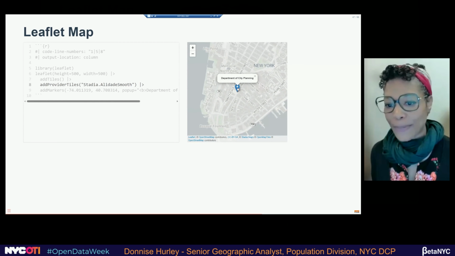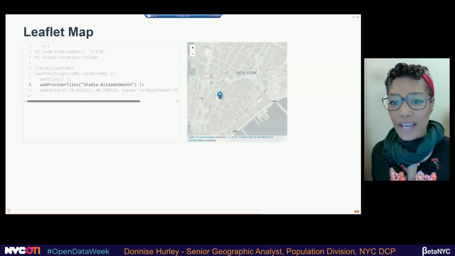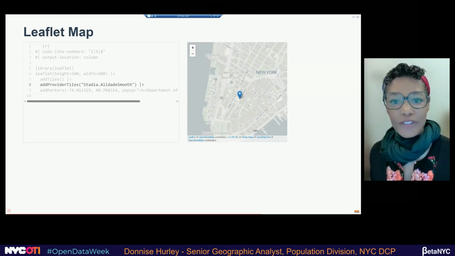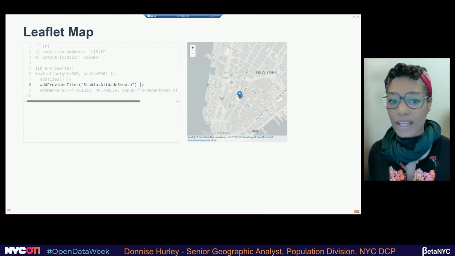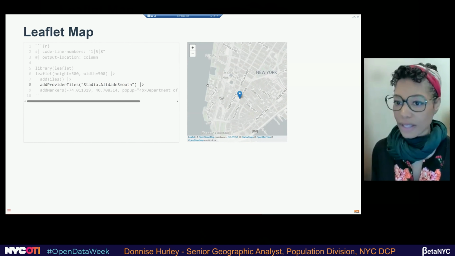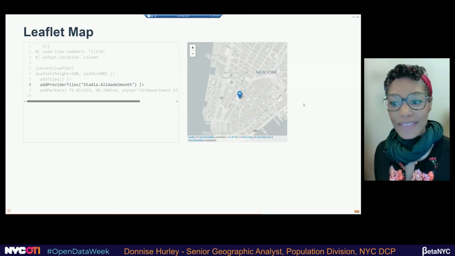So I just put a little pop-up where we are here at 120 Broadway. So you can add interactive features. And if you remember well, I didn't actually show the map, but the one in the Newest New Yorker, I have a lot of pop-ups and additional information. So you can add that.